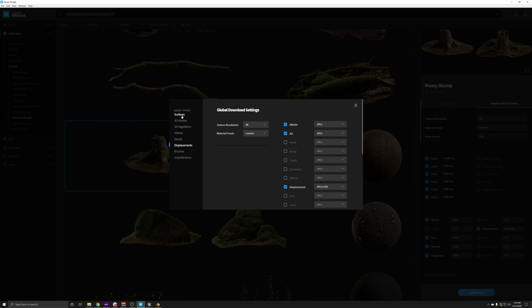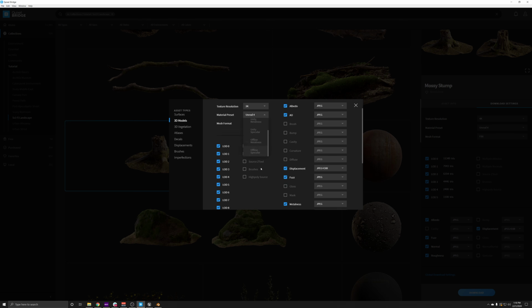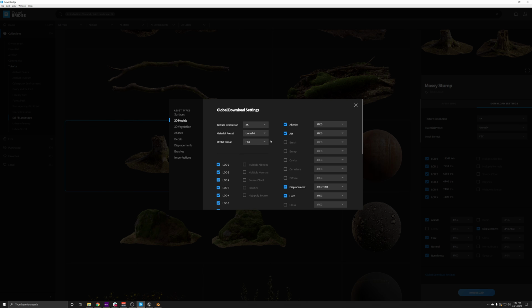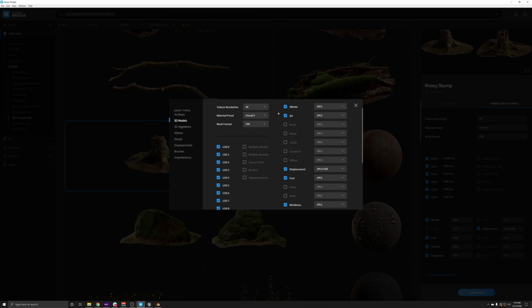You get the idea. So for 3D models, let's just say we want it to be 2K by default. And I want that to be Unreal Engine 4. And we have a few mesh format options here between FBX, OBJ, and ABC, but we'll just keep it at the Unreal Engine 4 preset. You can change presets at any time. We can do any preset really, and in addition, if you were to change one of these, like say, let's just turn off ambient occlusion.